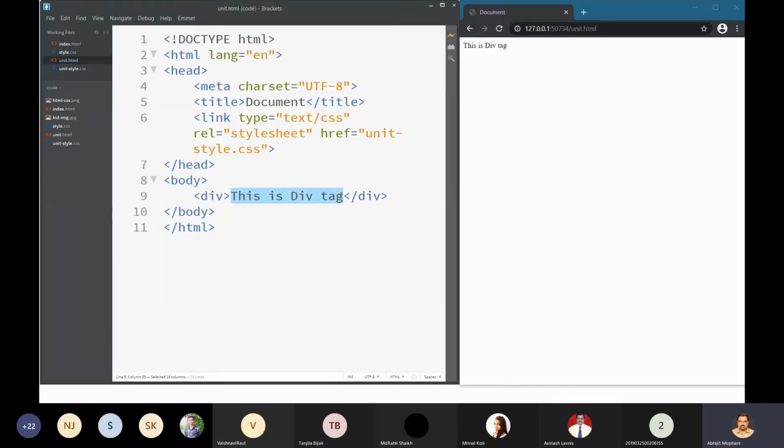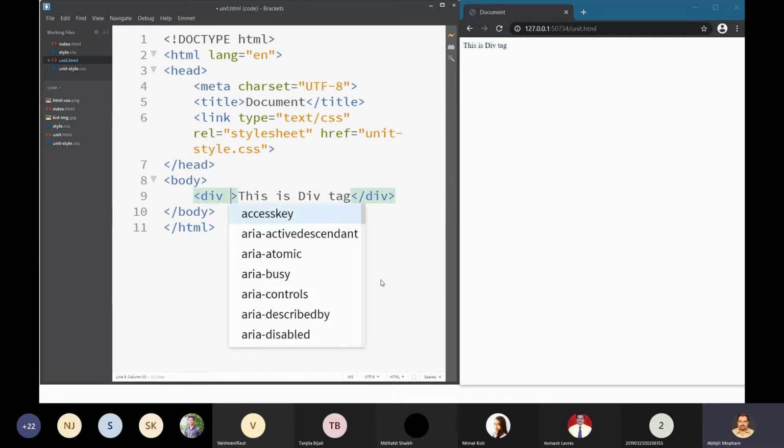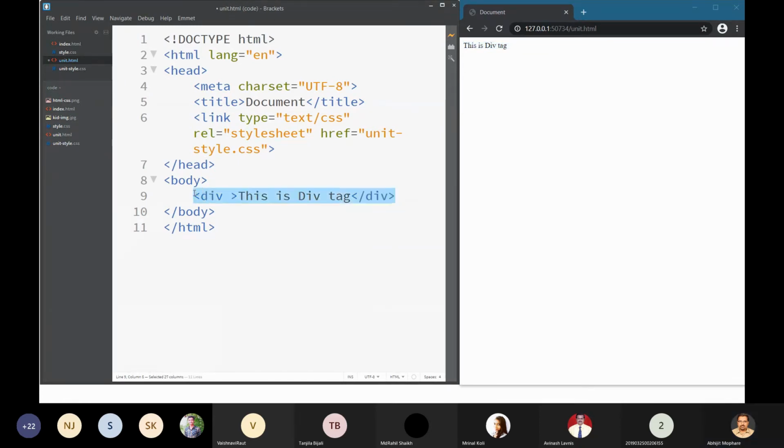Here, just for the sake of demonstration, I'm giving this. Now, the div tag standing alone doesn't serve any purpose. You have to use this div tag with the help of a class or id. We have not yet studied the id and class attributes.